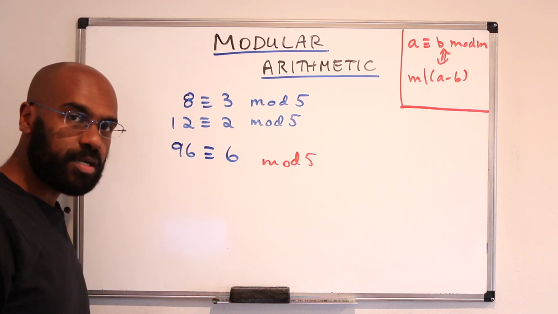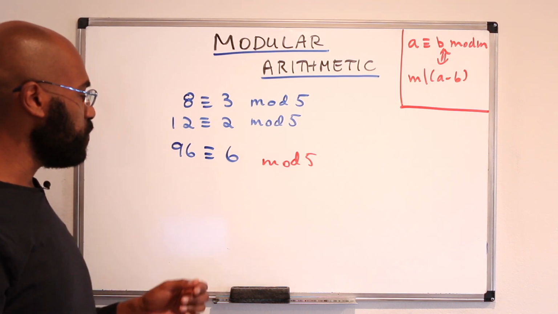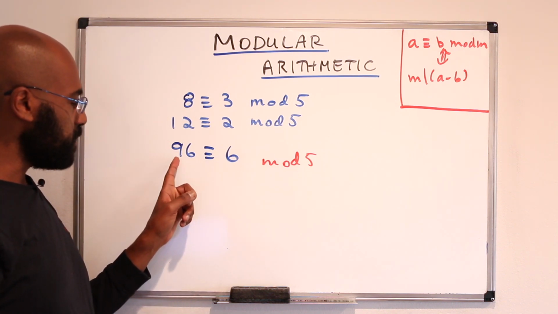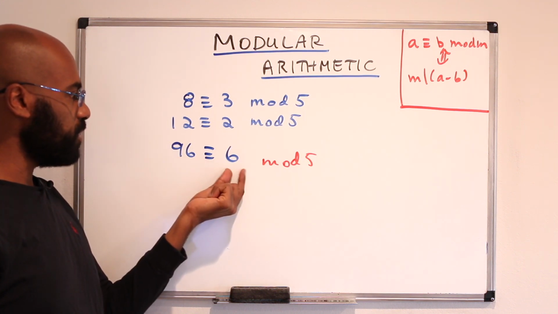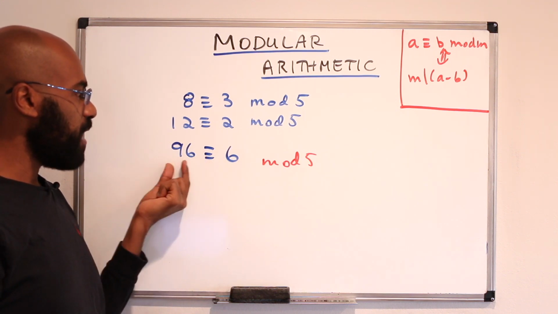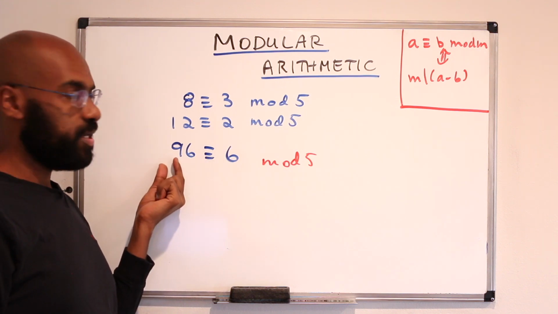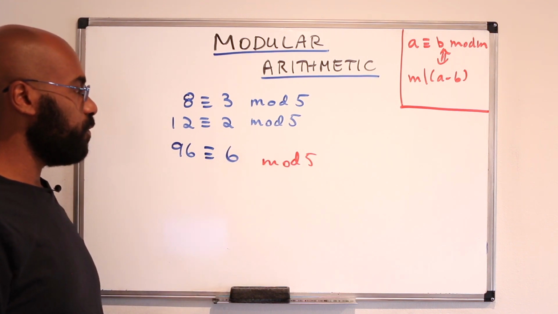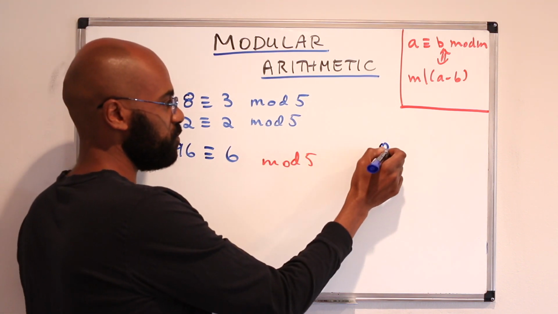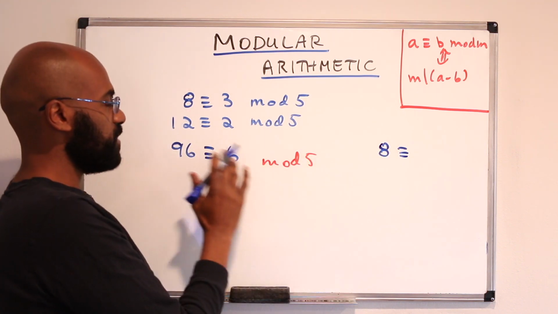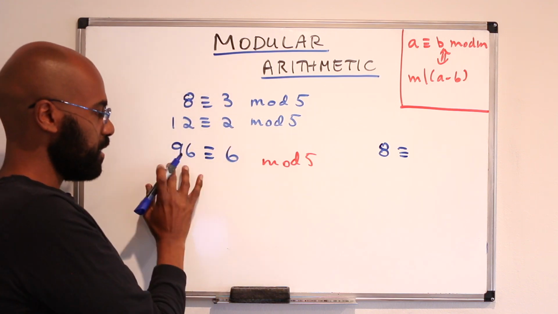And you can kind of start to see why something like this would be useful, right? If we think about this number is quite large compared to this one. And so we're reducing to find out what the remainder of it is when we're dividing by 5 in a useful way. One particular way in which that's really useful is imagine if it's the case that products still hold